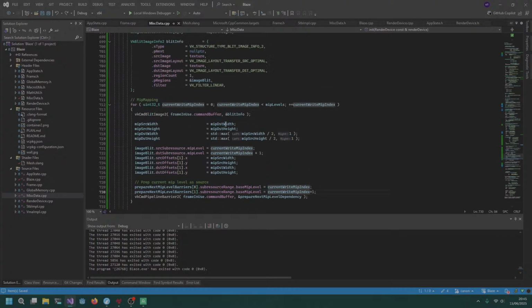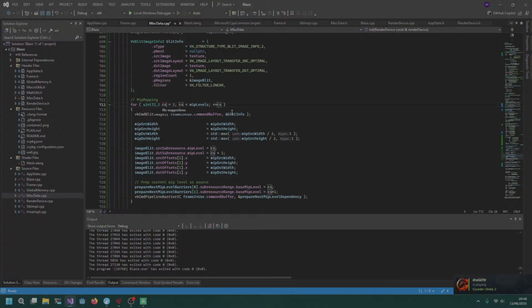Okay, so here's the bug. This is a current right MIP index, so that should start with 1. Okay, that's not the source, that's the destination. I'm going to even rewrite this to destination MIP index. Yeah, call it MIP index, right? It's supposed to be MIP level, so okay, let's be correct. Okay, so destination MIP level. So this MIP level here